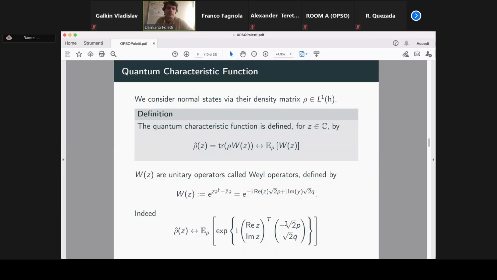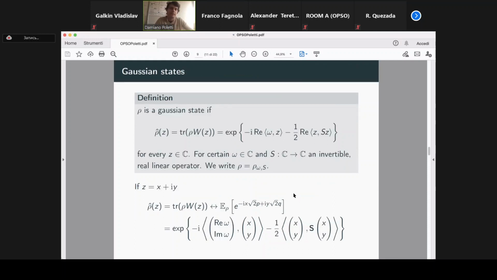So the next step should be, can we ask for the quantum characteristic function to have a classical expression, meaning to be the classical characteristic function of some random variable? Well, we can, though not as easily. There are some theorems behind this, but we can define rho as a Gaussian state if its quantum characteristic function is the characteristic function of a normal random vector, a bivariate normal random vector. And here I've written this statement in a compact form, meaning that in the exponential there are omega, which is